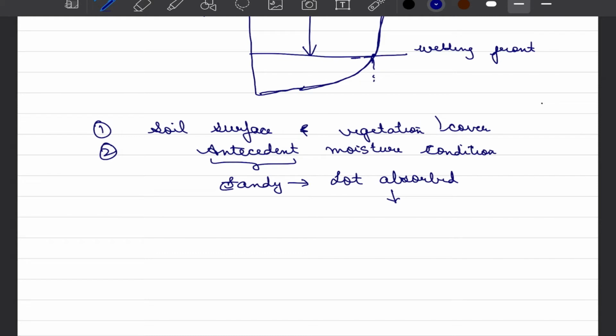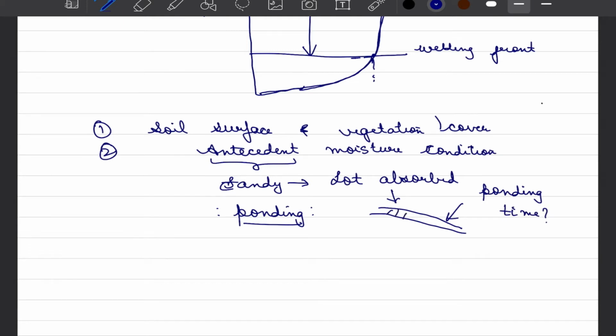On the other hand, if you go to land which has clay soil or black soil, which is not that thirsty for water, you would see that when precipitation starts, within a few minutes or a few hours, we get a situation of ponding. That would mean that water is either stagnant on the surface of the ground, and if some slope is present, it will start flowing. And we will also try to understand how much time a particular soil strata will take for this ponding to develop. You can imagine that this ponding would develop once the soil has quenched its thirst.